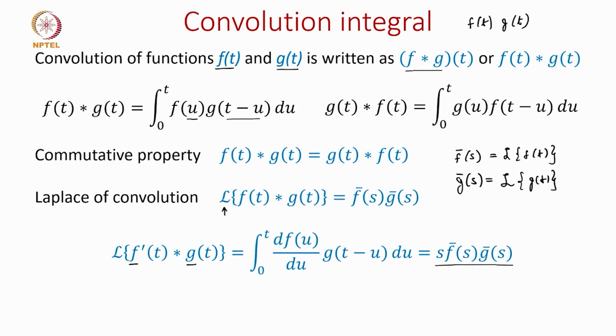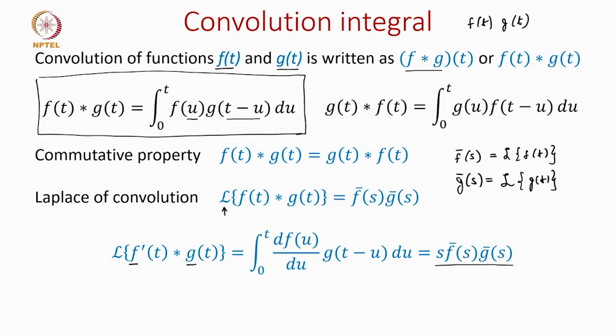We are not concerned, or we are ignoring for now, the loads which are occurring before time t equal to 0. Only then can we get these s times f of s and g of s. The reason is, if we consider what is happening before time t equal to 0, then these integrals are not valid anymore. So essentially with this convolution integral, where we said this is the definition of the convolution integral,